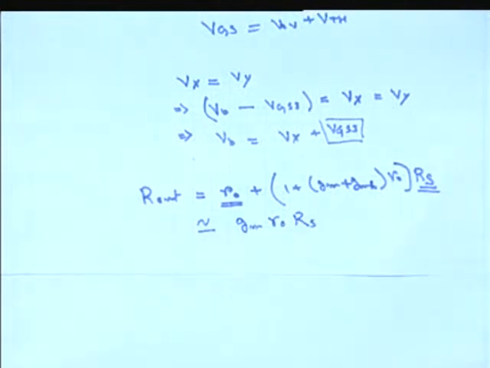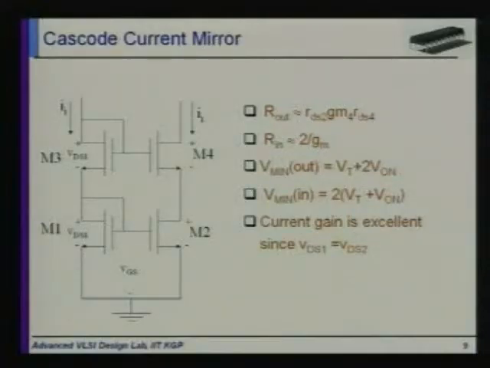And from this equation, if we see this particular M4 transistor, where gm R naught is the same, that is gm4 R naught 4, and here it is given gm4 rds4, same as R naught 4, and this rds2 is nothing but the output resistance seen at the source of this particular transistor. Now R in, what will be the R in? R in is nothing but the two series connected, direct connected transistors. So this is the series connected 1 by gm, that is, 2 by gm.